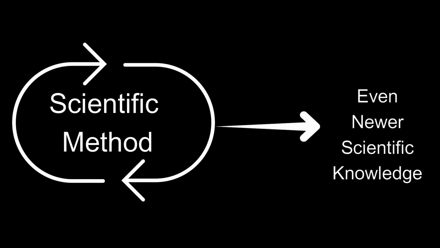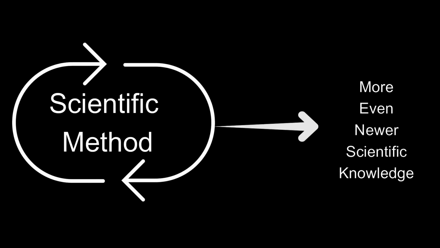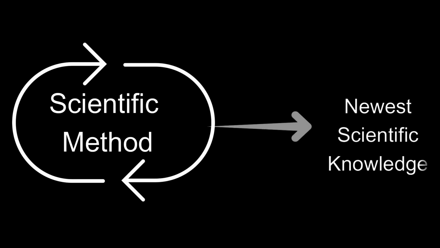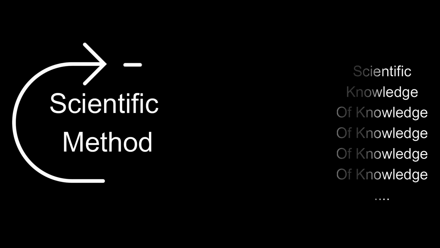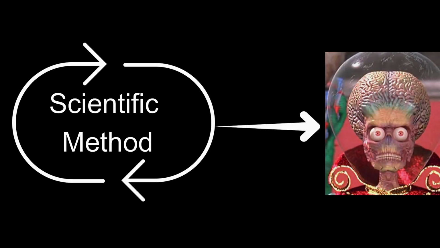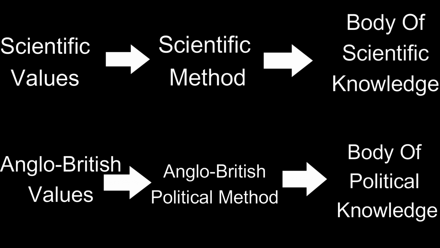Therefore, it is the scientific method that is truly useful and which is truly valued, and not the contemporary set of knowledge derived from it. The knowledge itself is just the latest expression of the method, but it is the method that a scientist should live by, otherwise they're turning that knowledge into dogma. Hopefully this analogy was fairly self-explanatory. The Anglo-British Constitution, that institutionalising of the Anglo-British nation, is the same as that of the modern scientific method. And it is no coincidence that both are based on a set of very similar values, if not really the same values, that make them effective.